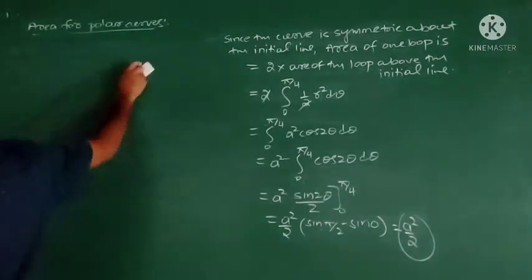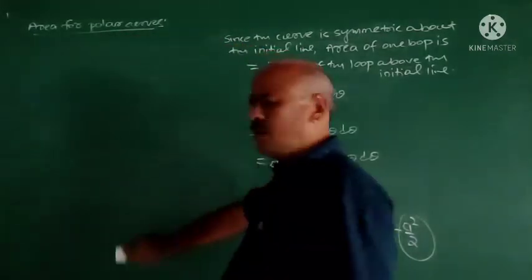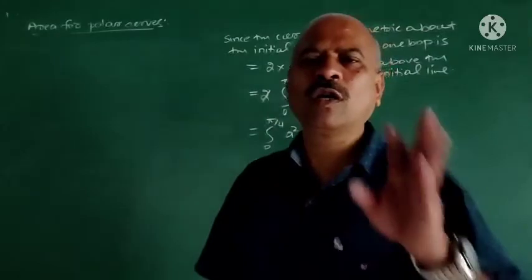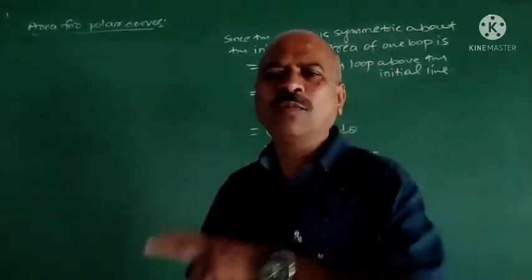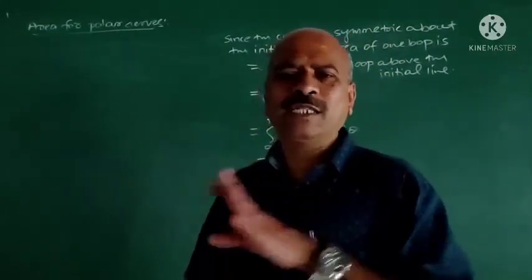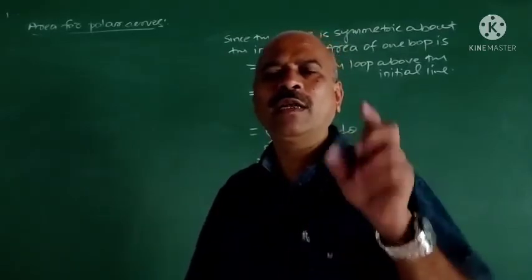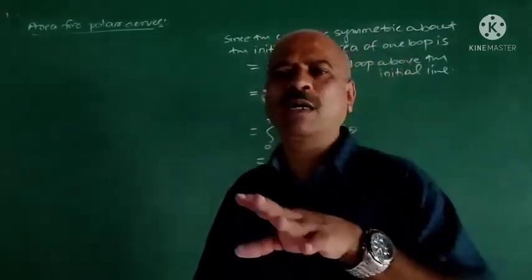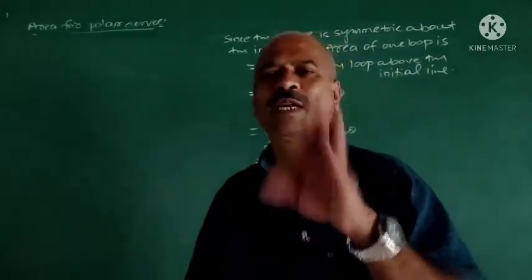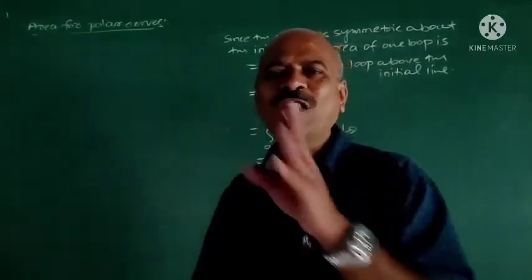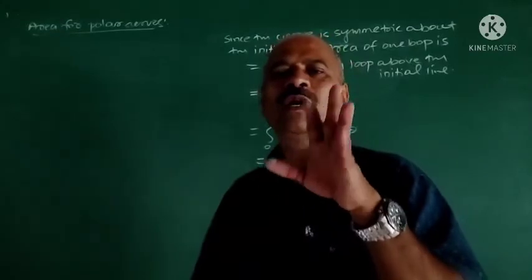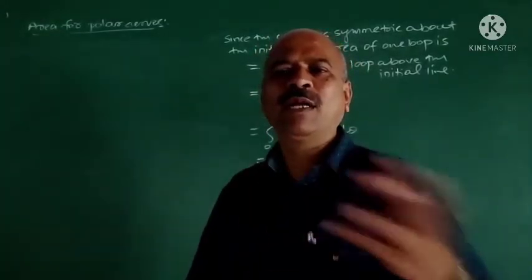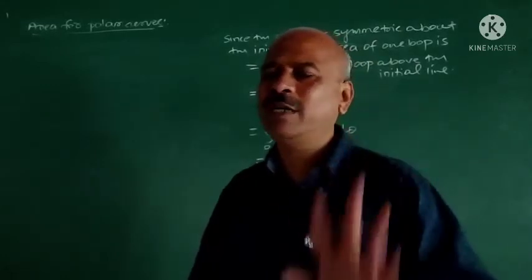So how to remember all these things? There is a simple technique to remember all these things. First you have to understand the concept. If you know the proof, if you know how that area is derived, then you will have some idea and you can remember. There will be a space to remember only when you derive that one. Otherwise, remember this thing, remember that thing means it is very difficult.